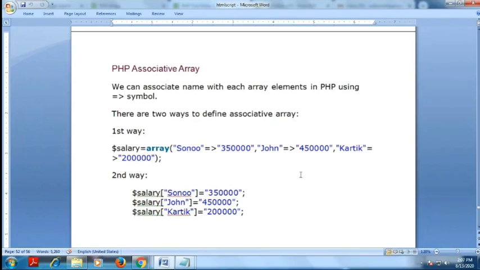In the first way, as usual, you declare the array: Sonu is 35,000, John is 45,000, and Karthik is 20,000. In the second way, salary of Sonu is 35,000, John 45,000, Karthik 20,000, and you specify each value.